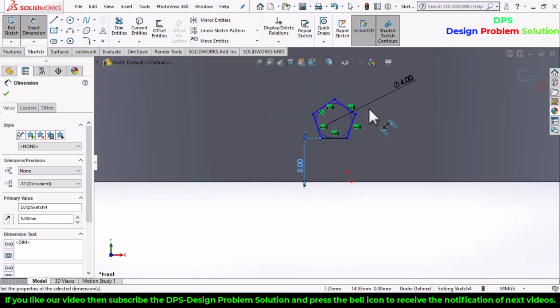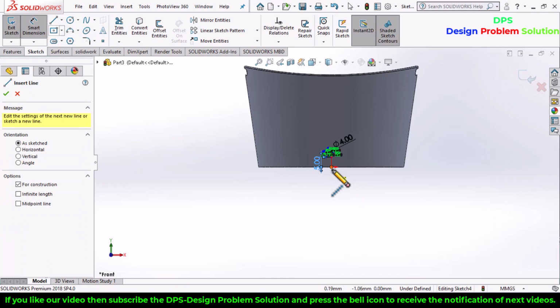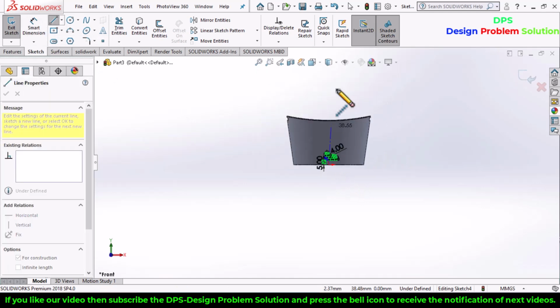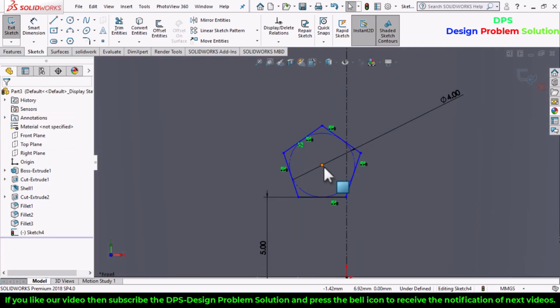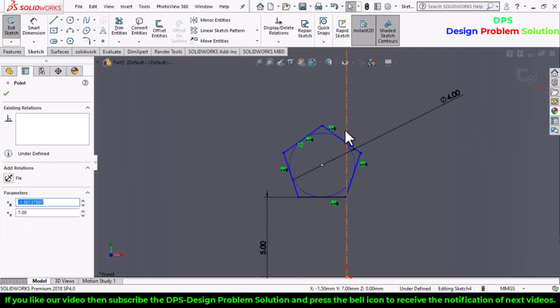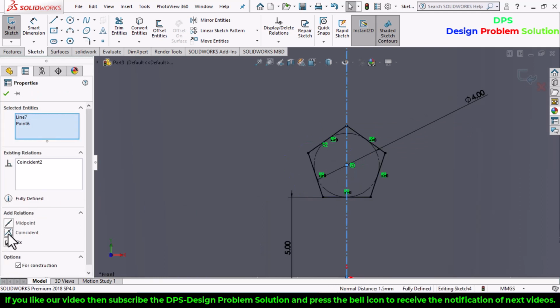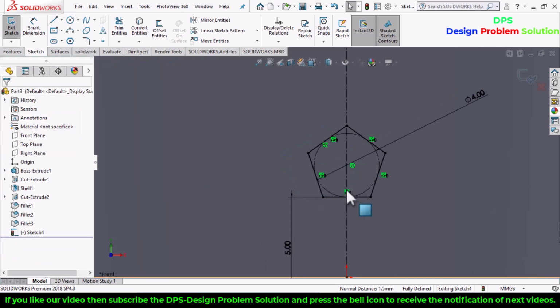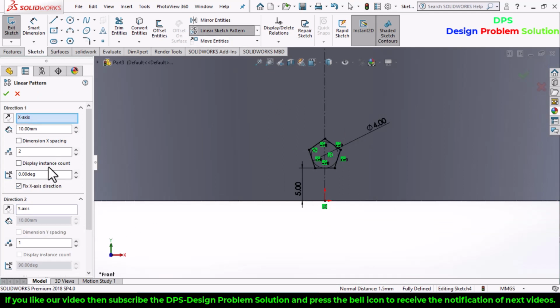And now draw a center line, select center line, draw a vertical line here, and now select this point and this line and make them coincident. Click OK. And now go to linear sketch pattern command, and select this one,